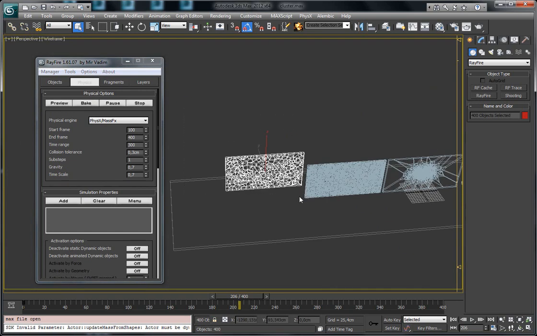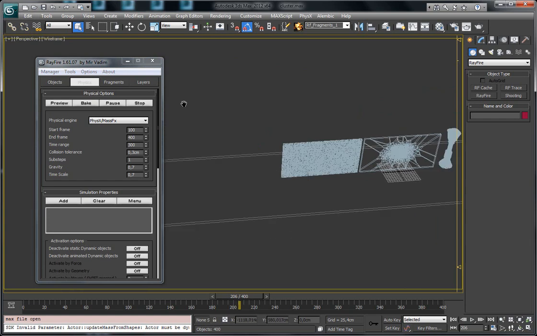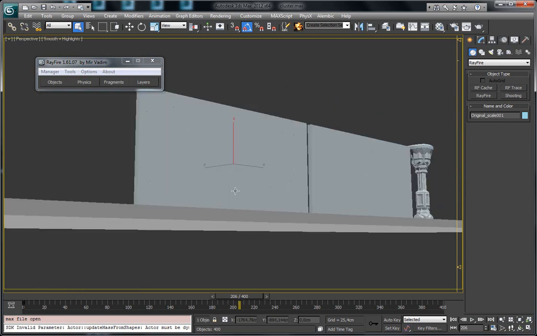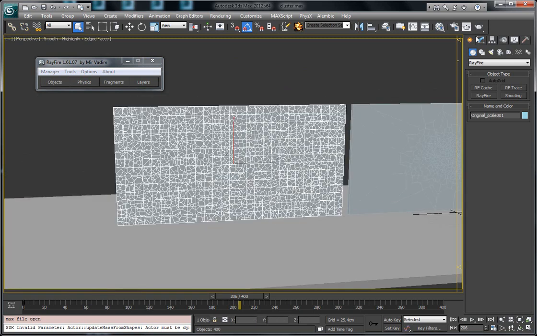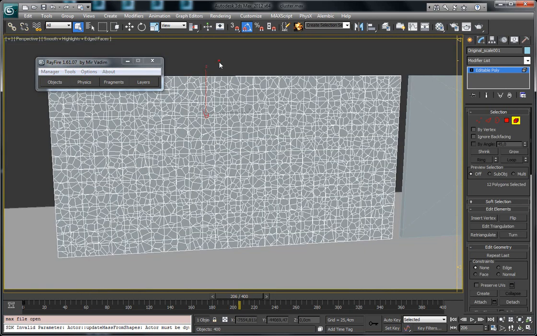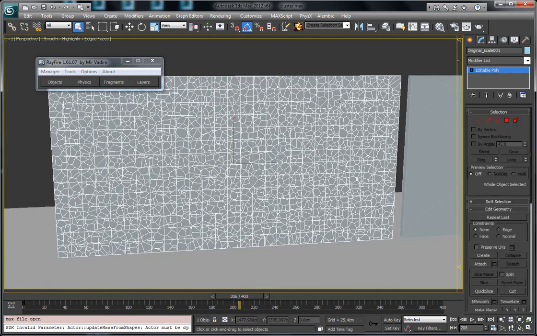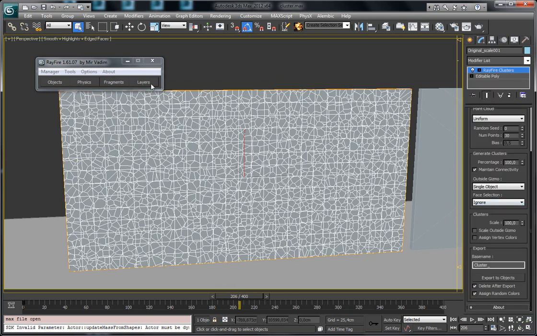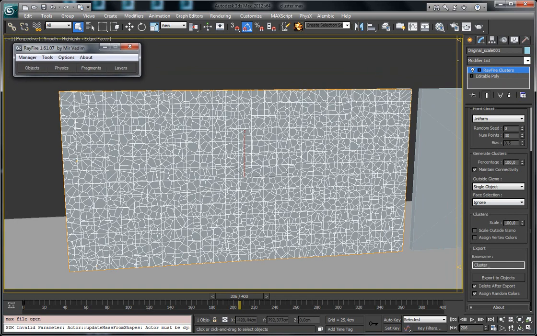I'll delete it. Here's another geometry. As you can see, it has much more elements. So here's this modifier, RayFire Cluster, and by default, after you assign it, as you can see, there's no